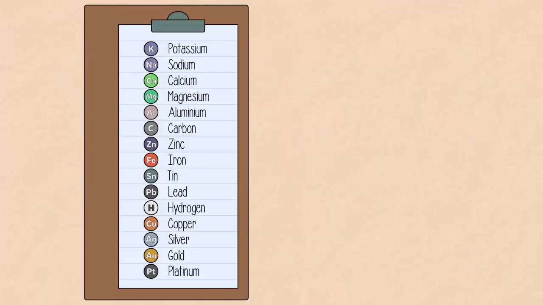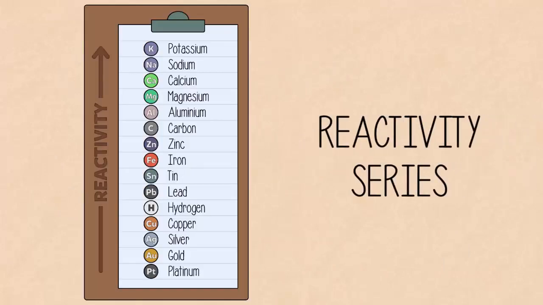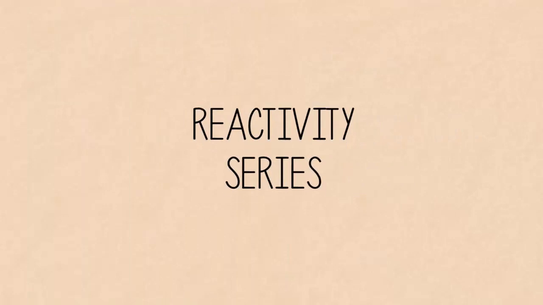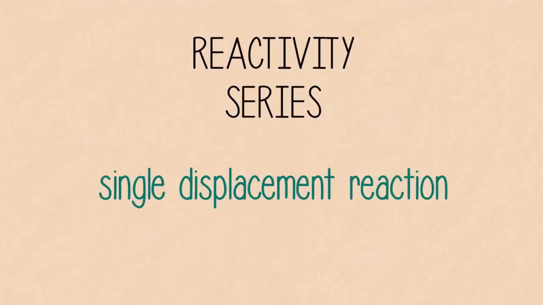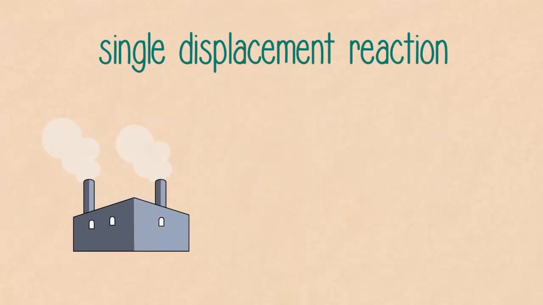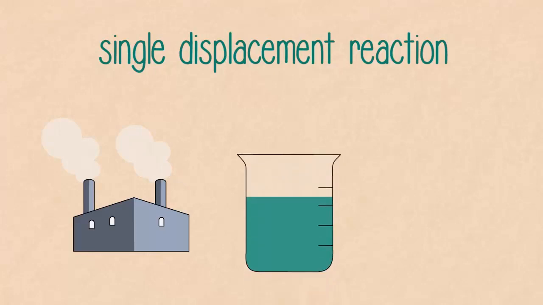This arrangement is known as the reactivity series. The most reactive metals are at the top, and the least reactive at the bottom. We can use this series to predict whether or not a single displacement reaction will occur. This is often of importance in industry as it can be used to obtain pure forms of valuable metals from